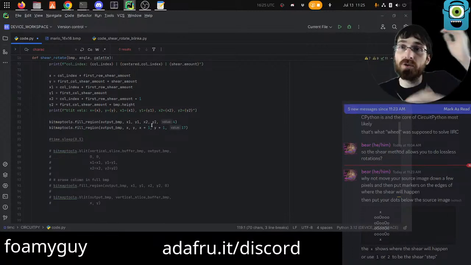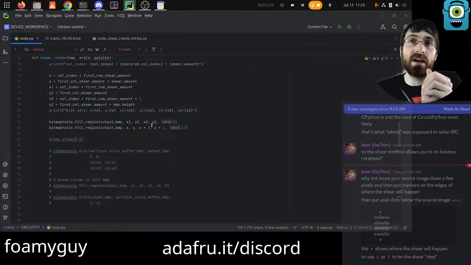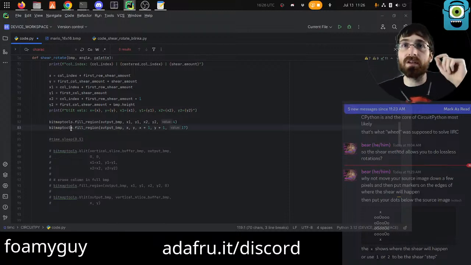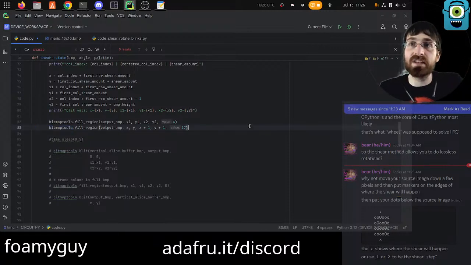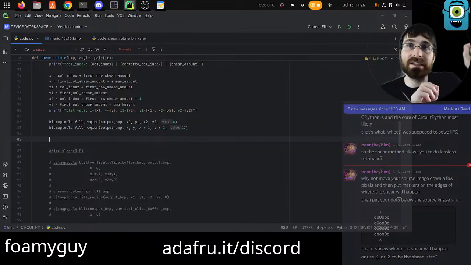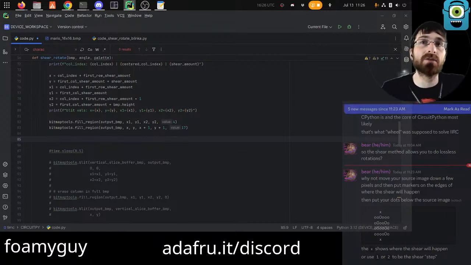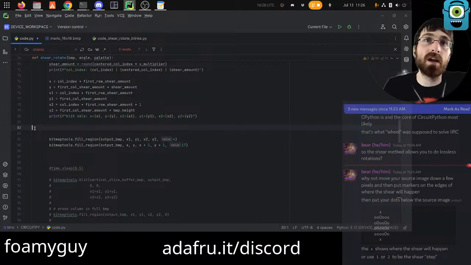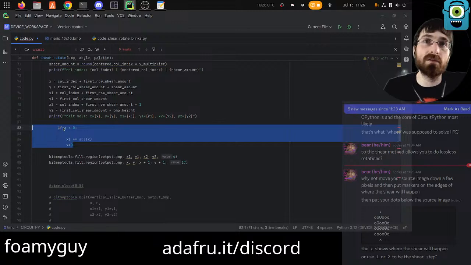In this case, we know those couple of pixels that are going out of bounds, we know they're going to be transparent as well. So we know we're not losing anything. It's just that Bitmap Tools raises an error when we point it to a location that's out of bounds in this way. So what we can do to solve it is basically, if the y is going to be negative,